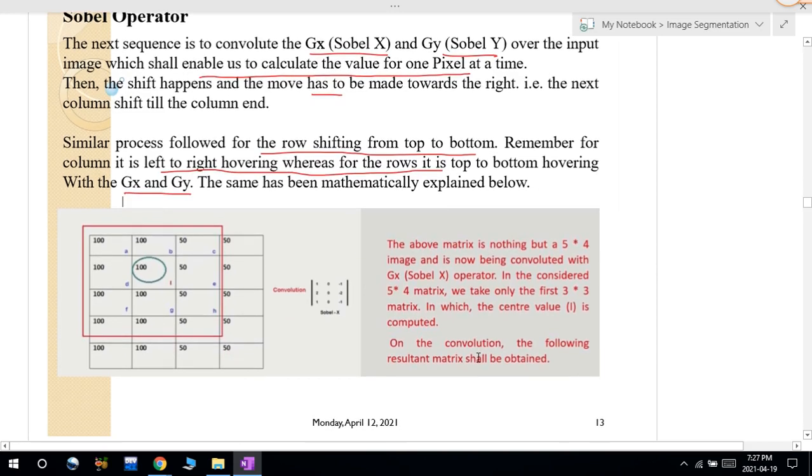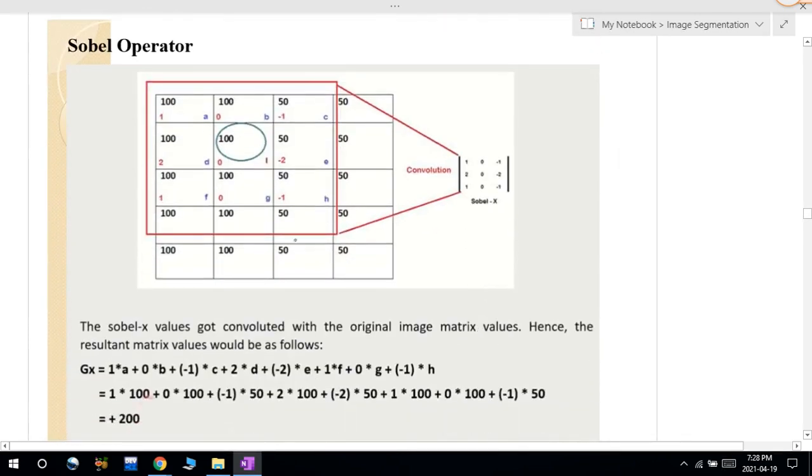So if I am applying this, if I am taking the image which is of 5 by 4, generally in real-time cases the image will be of more size, but here I am taking this as a 5 by 4 image. So here I am convolving with the gx operator, and after this one I will convolve with the gy operator. So what is this one? First I will convolve with this Sobel operator. So Sobel x, if I am doing with this one, I am considering this as 1, 0, minus 1. These are in the red color, which are nothing but the Sobel x operator applied over here.